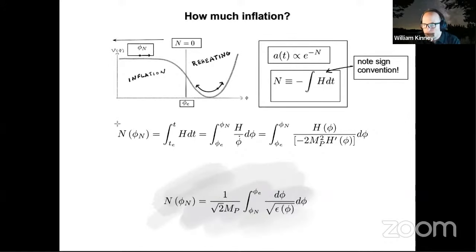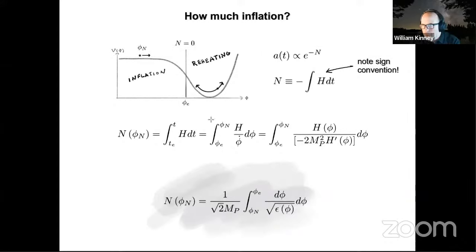So now we can calculate, if we have a particular scalar field that is inflating, we can use the slow roll approximation to calculate the number of e-folds as a function of the field value. So I label phi sub N as the field value N e-folds before the end of inflation. I can write that as this integral of the Hubble parameter with time, which I can convert into an integral in terms of the field just by changing variables from t to the field value. This is once again assuming that the field evolution is monotonic.